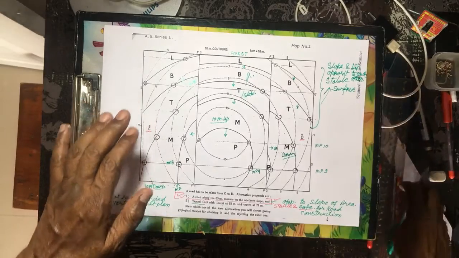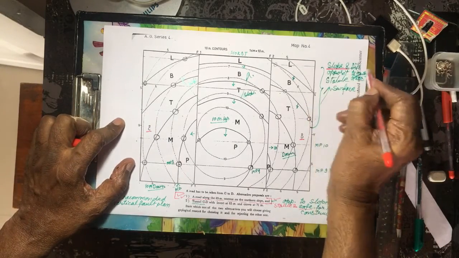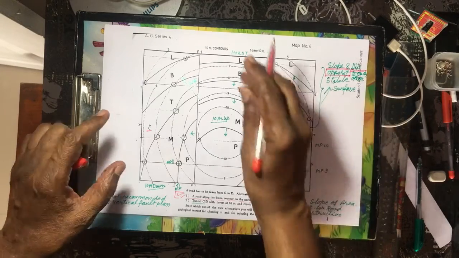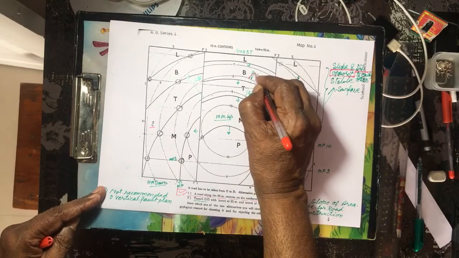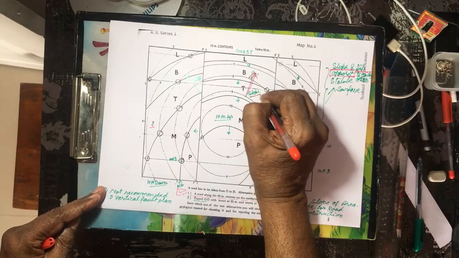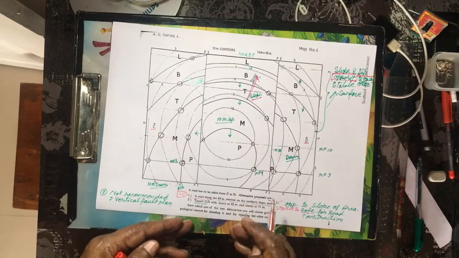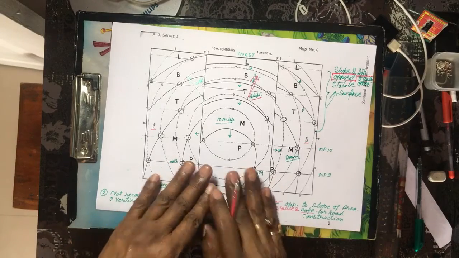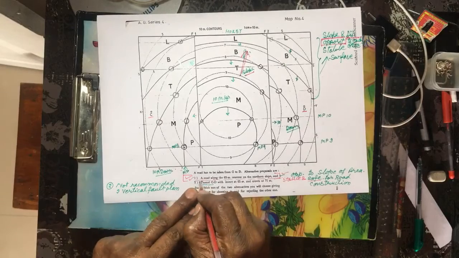This is the solution for the area. The slope of the area and the dip of the area are opposite to each other. In this area, the dip is toward this side and the slope is opposite to this one. This is the slope of the area, and the dip is toward this side, so they are opposite. Toward this side, where the dip and slope are on the same side, this is the failure side. So we can have this first condition.